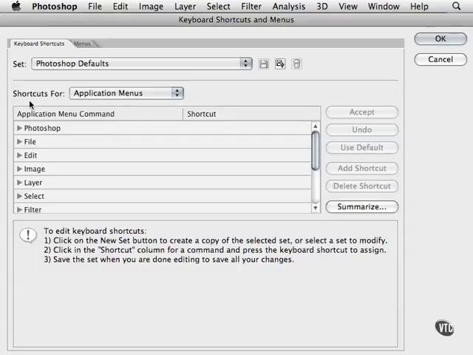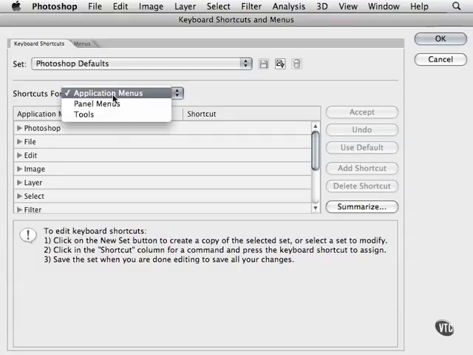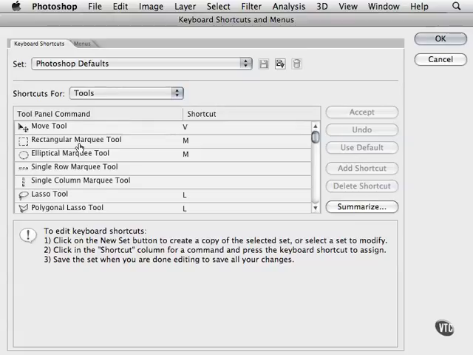So what I'm going to do is I'm going to choose Shortcuts for Tools, just to show you an example. It says here the Tool Panel command and the shortcut. So if I want to invoke the Move tool, I have to press V. If I want to create a marquee, press M. Lasso, L. But some of them don't have shortcuts, and this is where you can get creative and make your